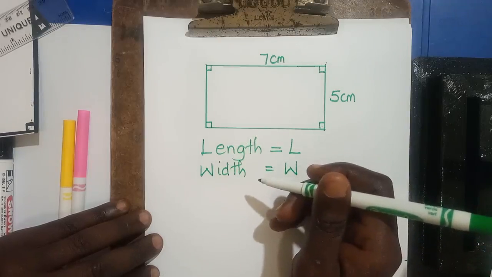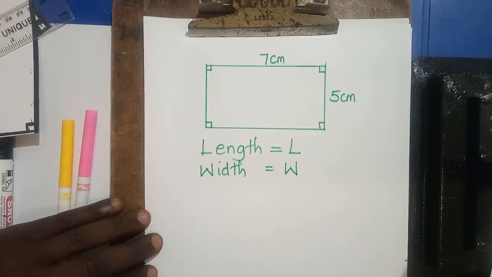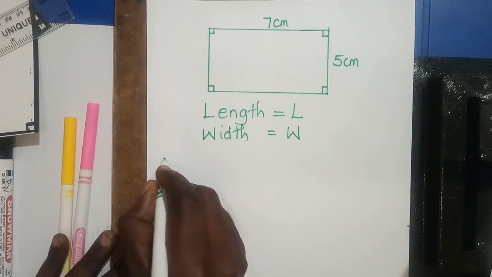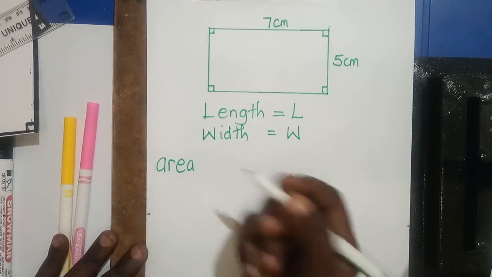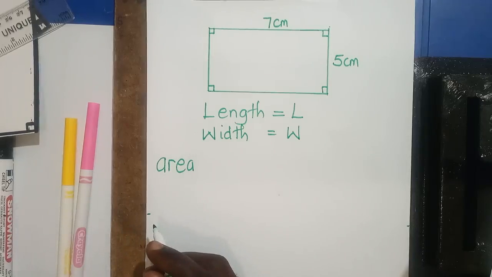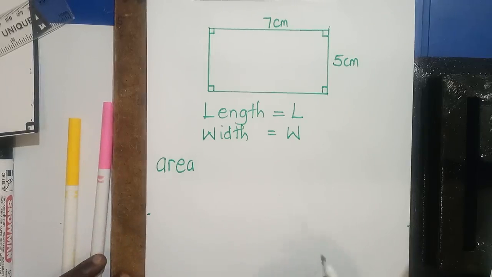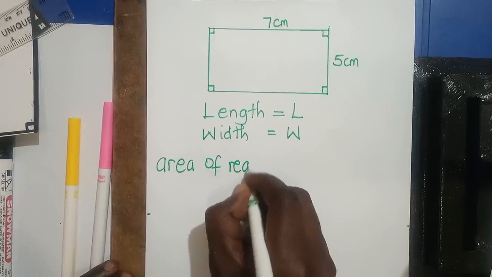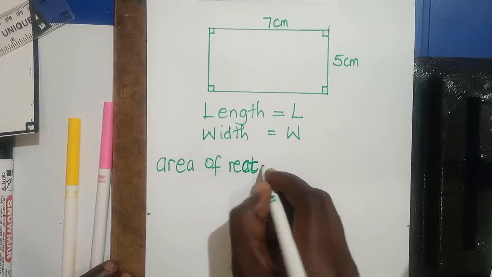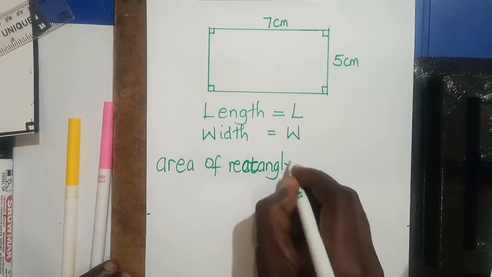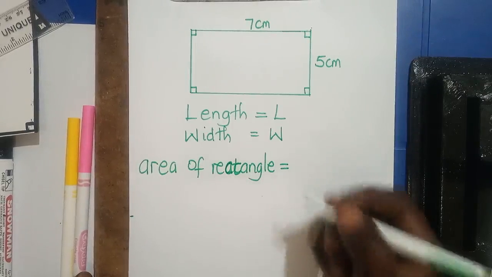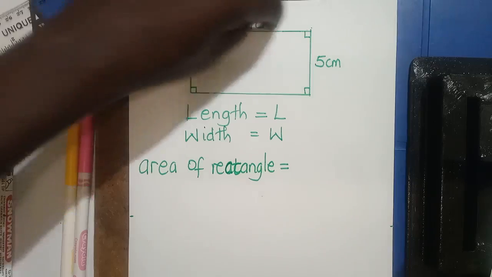To find the area of the rectangle is very simple. Let me now show you the formula. I'll write area. Because you know we are finding the area of the rectangle, I'll not write it out every time, but it's important that you remember it is the area of the rectangle. Sorry for that. Area of the rectangle, the C was not properly written, is equal to